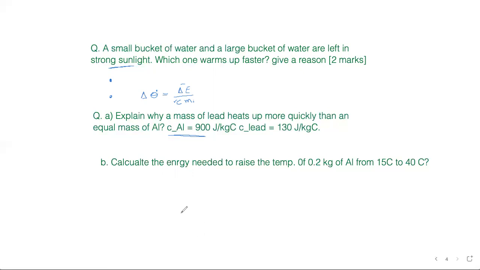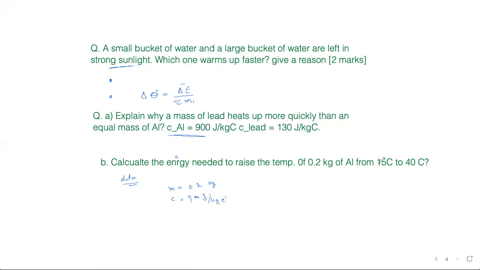So you see how I would actually calculate here, this is energy. There is also E. Okay. So how I would calculate here, first of all, I will take out the data. The data is: calculate the energy needed to raise the temperature of 0.2 kilogram of aluminium. So mass is equal to 0.2 kilogram, and this is aluminium. The heat capacity of aluminium is 900 joule per kilogram degree centigrade.